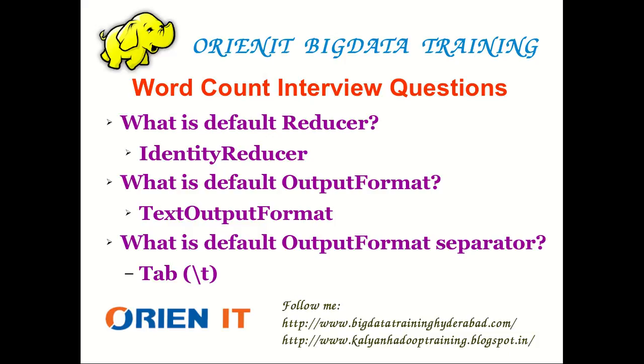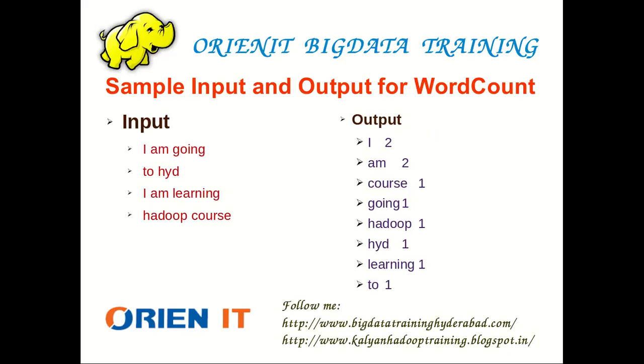problem. So the problem is, I'm just going to begin a few slides back. This is the problem. I'm going to give a text file, and this text file has to get an output like this. For this, the general approach is, we will read the file line by line. That is the first step. Then whatever line we get, we'll split that line into words. That is the second step. And whatever words we get, we'll assign a count to each word. That is the next step.